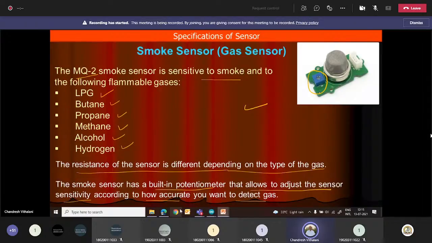Nowadays in automobiles also, there are different gases people use in a car, CNG, LPG. In that also you can use this type of sensor and prepare small applications based on IoT. At home and in your kitchen you can use it so that whenever there is an LPG leakage or some problem, it will energize the alarm.